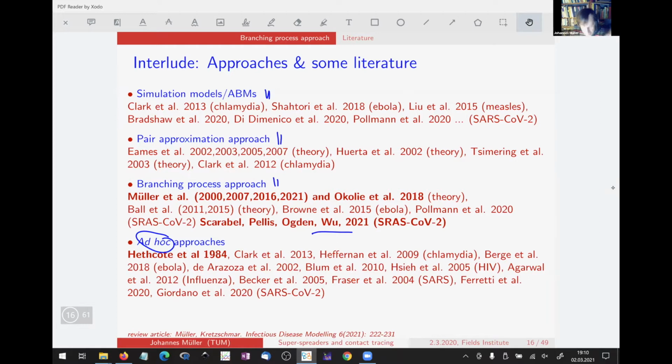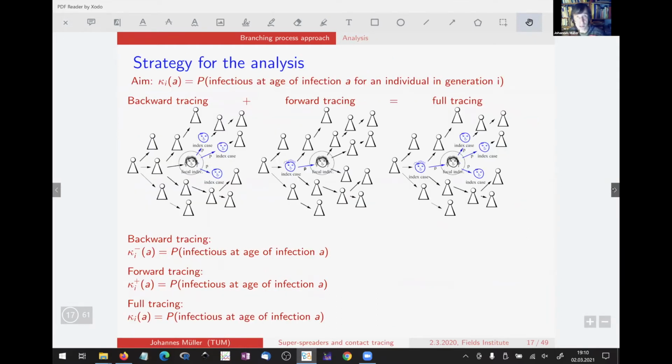The very first paper I know about contact tracing is the one by Heathcote and Yorke in 1984. They looked at gonorrhea. And already they did introduce an important concept, that was backward and forward tracing. And also our approach to the analysis is based on backward and forward tracing. So what's backward and forward tracing? So we have always a focal individual, so our Heidi, our hero. And in backward tracing, Heidi can only be traced via her infectees. So the tracing goes in the opposite direction than the infection process, therefore backward tracing.